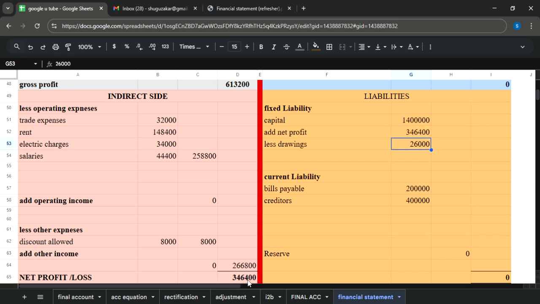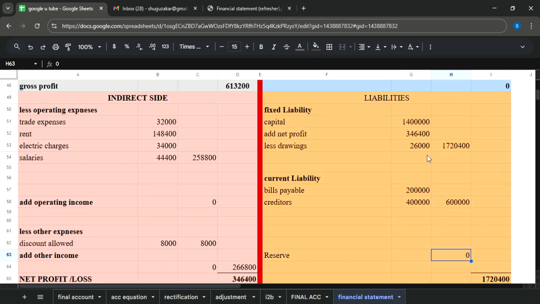Now this side is also ready to be solved. As you know, we have capital, then net profit is supposed to be added, so you will put sign of plus, and then drawings should be subtracted, minus drawings. So we have got first answer. Then there are two current liabilities, bill payable and creditors. There is no reserve. Okay guys, so it means you will take sum of these three elements to get total liabilities,